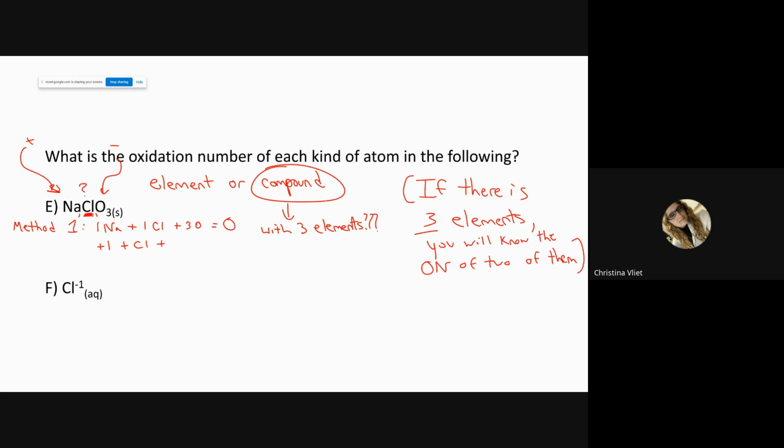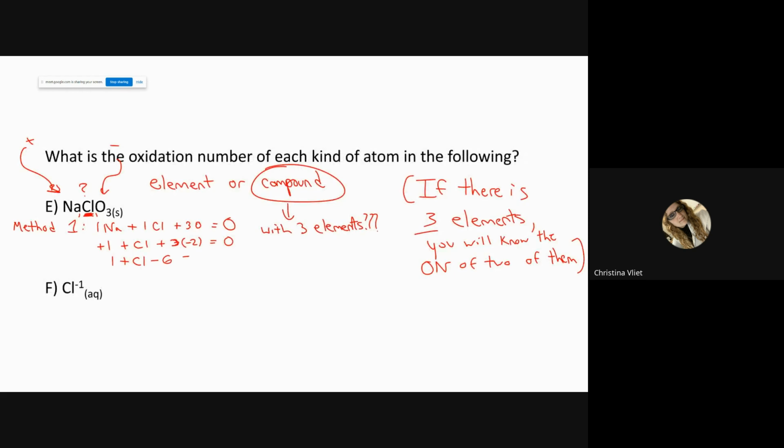And then oxygen. What's the number for oxygen? 3 times -2, right? Equals 0. So you've got this equation. Solve for chlorine. What will we do next? Okay. So you've got 3 times -2 is? -6. So you've got 1 plus Cl